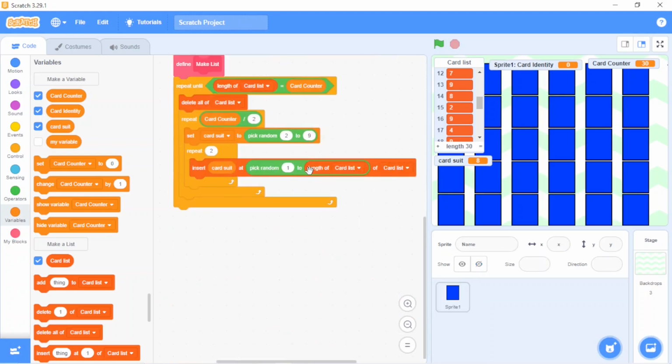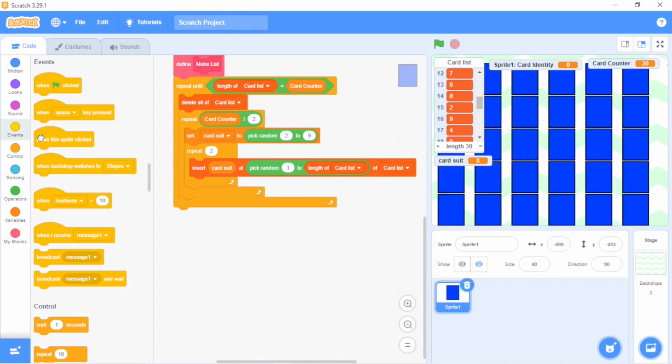First, I want to give the user control on the basis of yes or no. So when I set yes, it means the user is able to click on the sprite and then this card is going to flip. And here I also want some graphical effects. For that, I will use the block when this sprite clicked, from the event block.